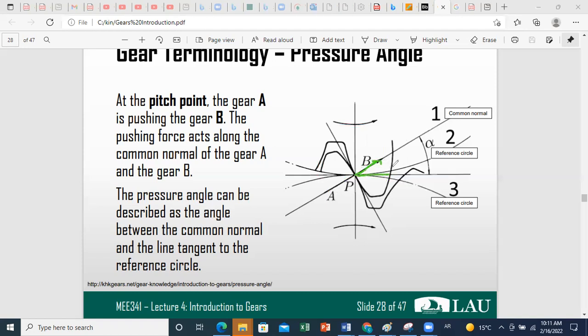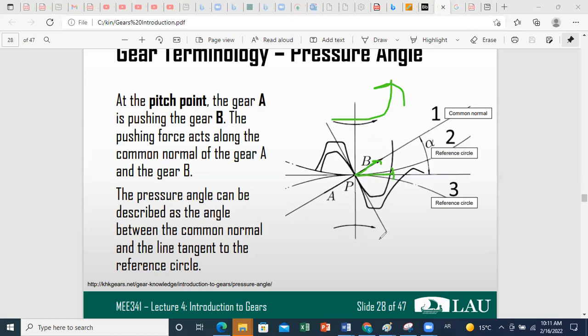This will lead to a rotation in this direction, okay, in the counterclockwise direction. However, if we consider the lower one, we have seen already that external gears always have opposite